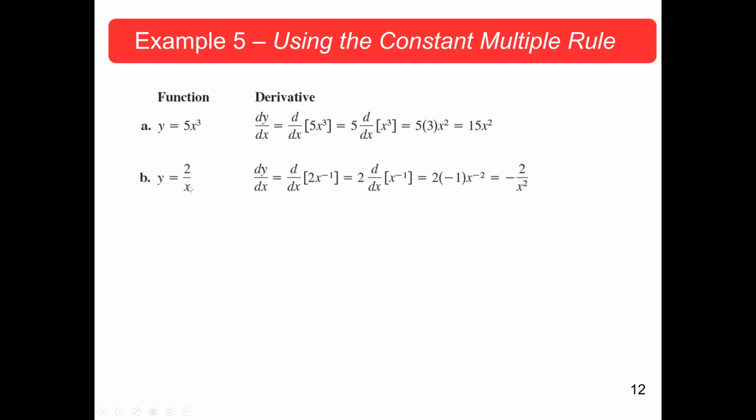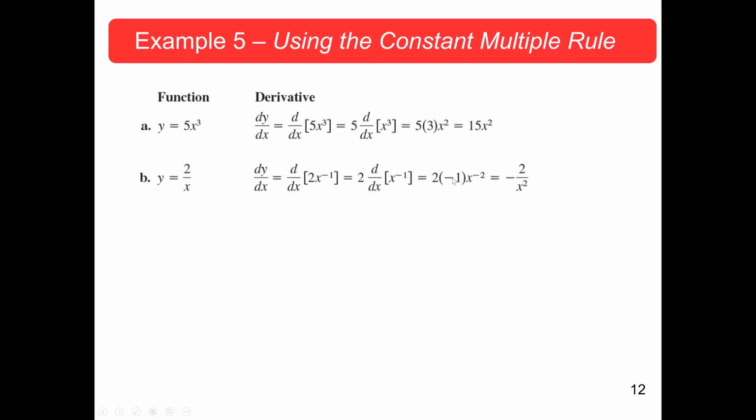Next, we have y equal to 2 divided by x. We need to rewrite this function. Why? Because the variable is a denominator. So we can have 2x to the power negative 1. We leave the 2 alone, then we find the derivative of x to the power negative 1, which will give